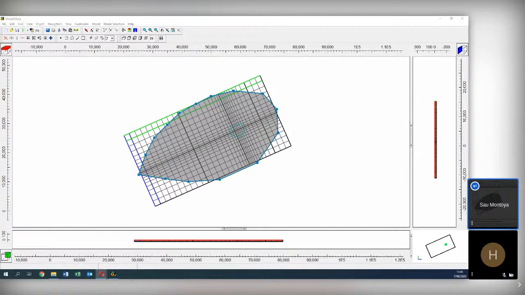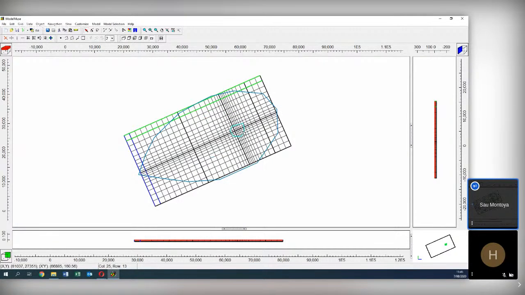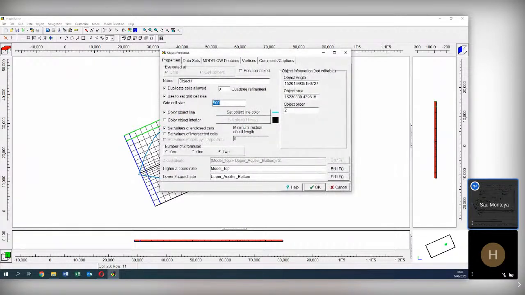Okay, so finally, we are going to work with the smooth option, because here, when the smooth grid is activated, you don't see that in the real extension. Let's select with the red arrow the inner polygon, and here, instead of 500, we are going to use 100. Okay, so here it will be 100.